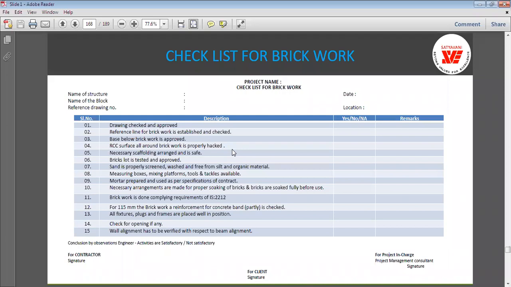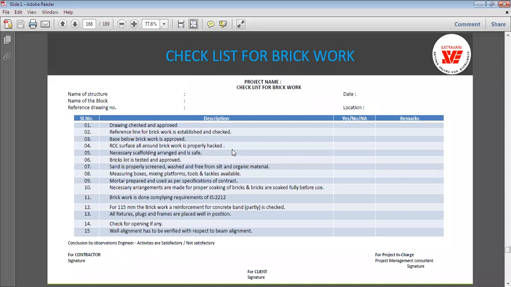Then arrangements are made for proper soaking of the bricks, and bricks are soaked fully before use. Then brickwork is done complying with the requirements of IS 2212. You have to check that.